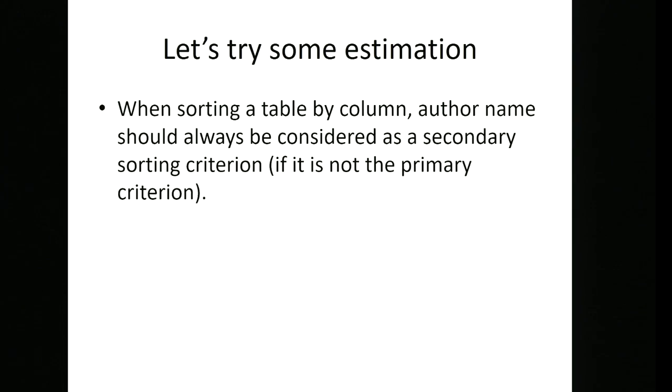I do. Excuse me. What is a secondary sorting criterion? It means that your primary one is where, if you click on author name, if you click on something, that's your primary sorting criterion. So it could be the number of publications. What is the most common thing that they usually use? Yeah, so the second one is where